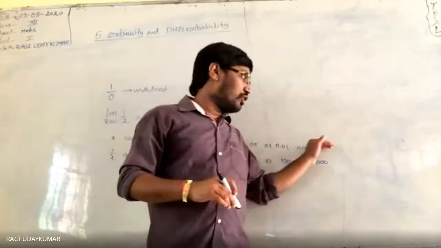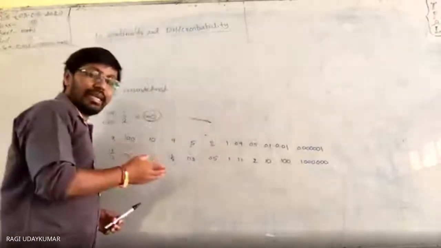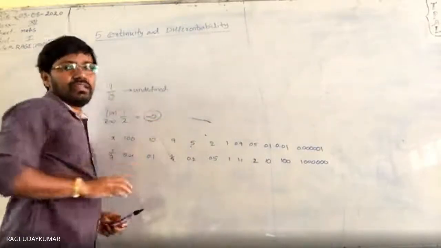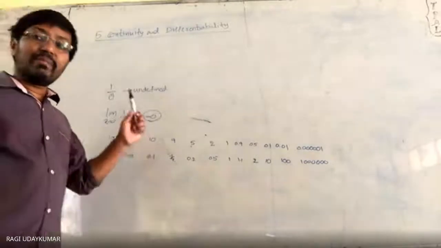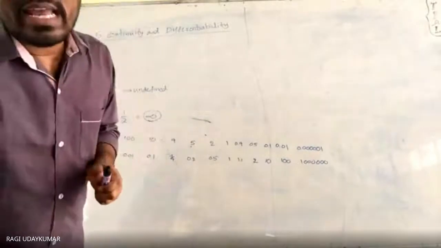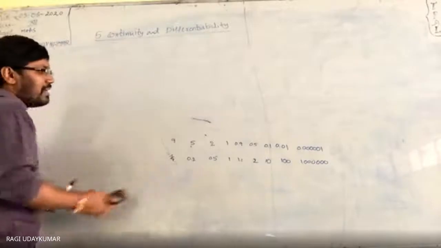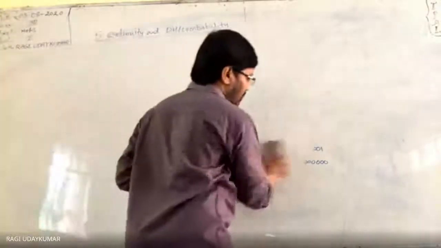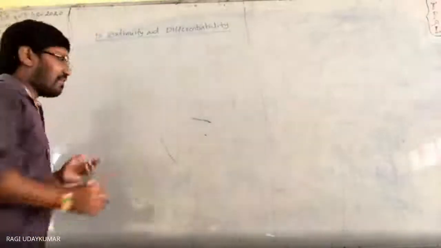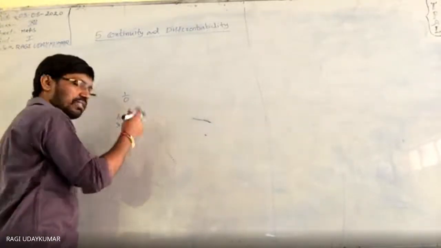So as this value is approaching near 0, the 1 by x is increasing its value. That's why we consider this value as infinity. Infinity symbol we are going to use, representing a very big number. So limit is nothing but x value approaching that, and usually the limit definition will be given. This is the original definition of the limit, because most of the students will get confused between 1 by 0 and limit x tends to 0, 1 by x, thinking both are the same.